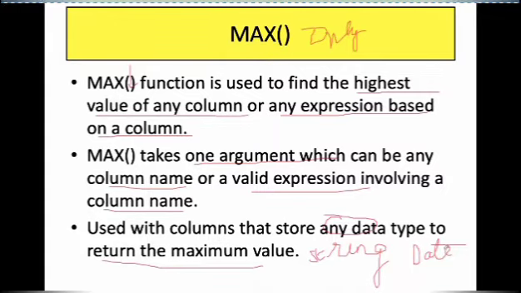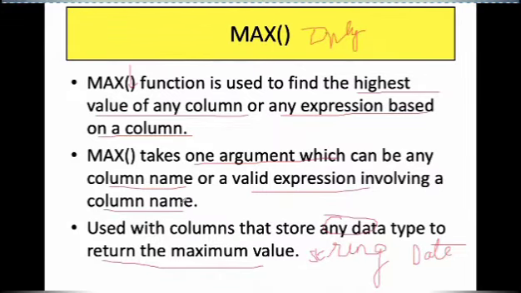But when you talk about any data type, take maximum date. Whatever dates are there in the column, say 10 dates, it returns the latest date, like the maximum date of birth. Or in case of strings, alphabetical order: maximum means highest in alphabetical order.